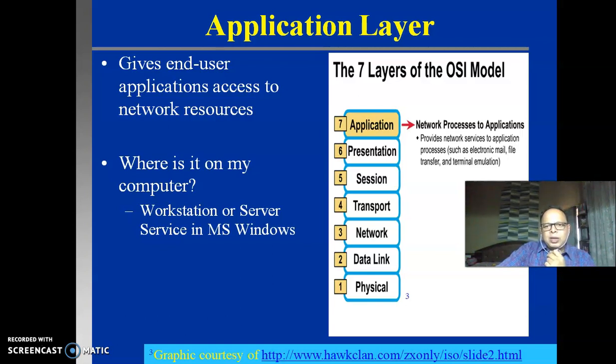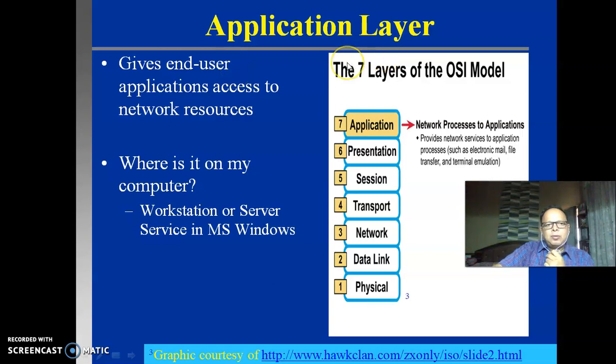Now, how is this happening? Because this is the entire functioning of the OSI model, and the application to application communication, or process to process communication, is taken care of in such a manner that no two processes interfere with each other.